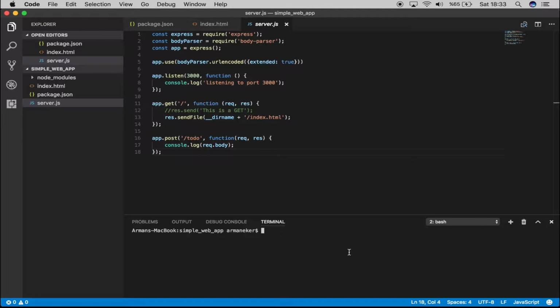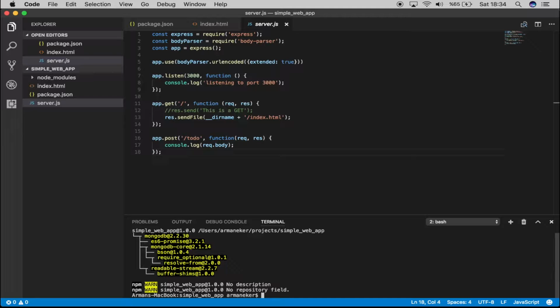For this, we will say npm install mongodb, and we will save it. Then push enter, and it will start to download the libraries necessary. Okay. Once we have that installed, what we can do is we can use